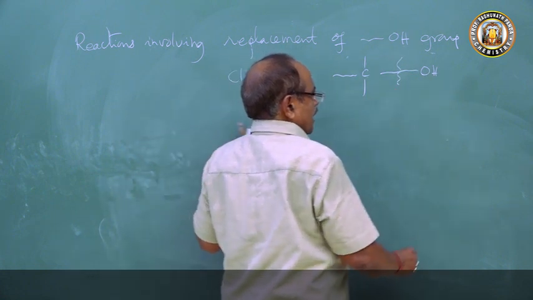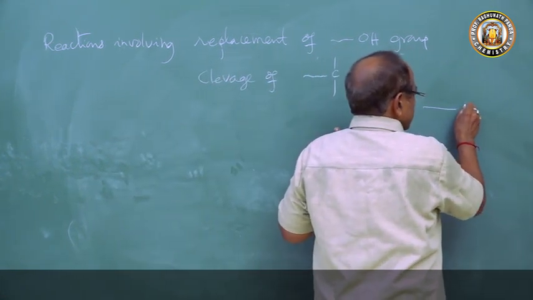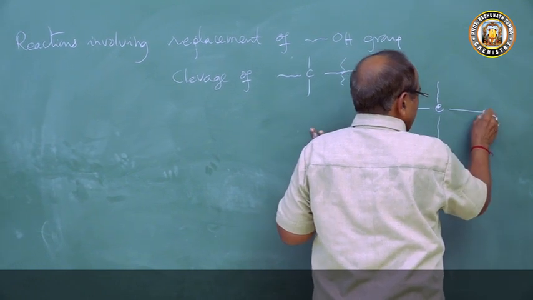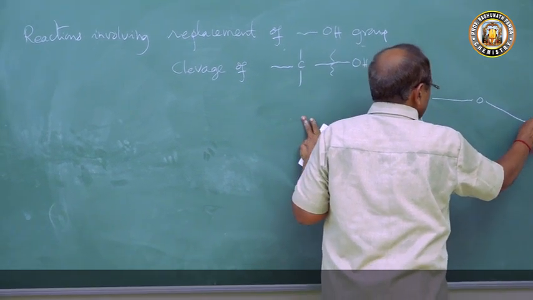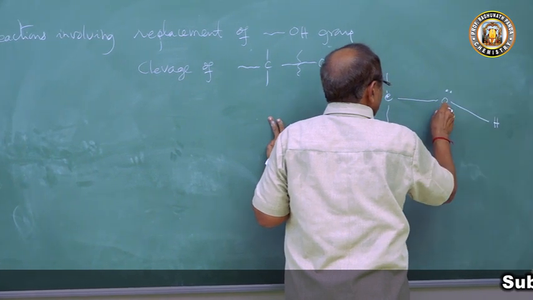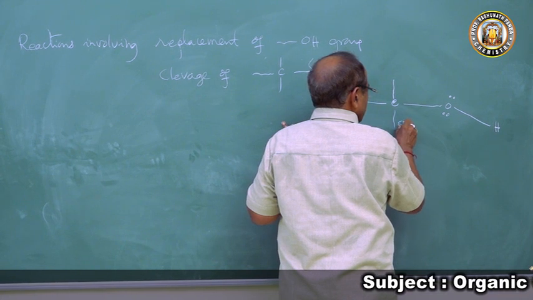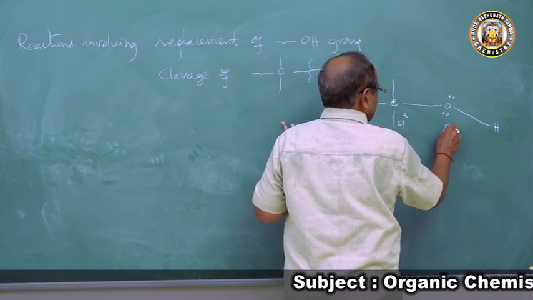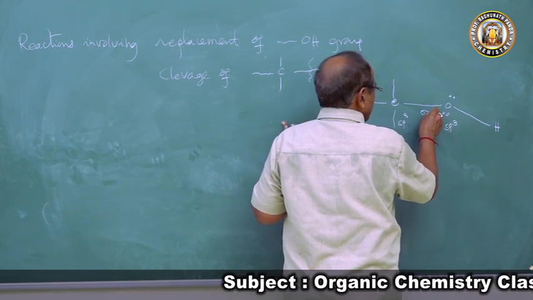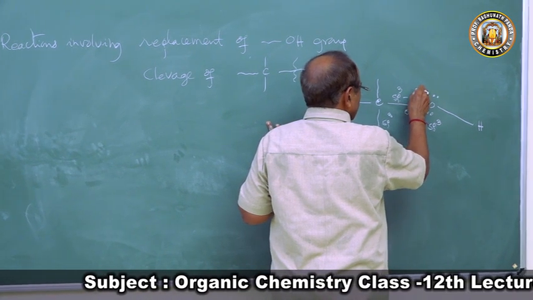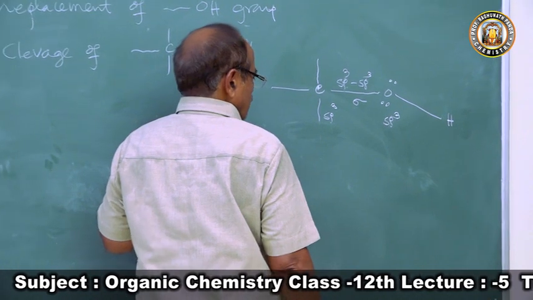So what is this? As I have explained to you, this is the carbon atom of alcohol, 1 degree, 2 degree, 3 degree, and this is the OH group bonded to it. Here are two lone pairs of electrons, and this carbon atom is in sp3 hybrid state, the oxygen atom is in sp3 hybrid state. This bond is a sigma bond because of linear overlapping of two sp3 hybrid orbitals.